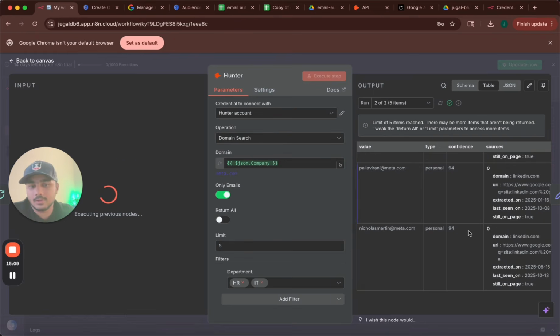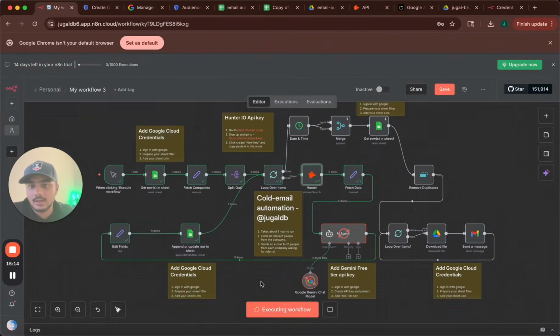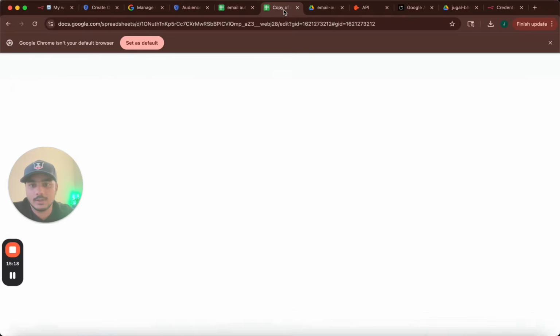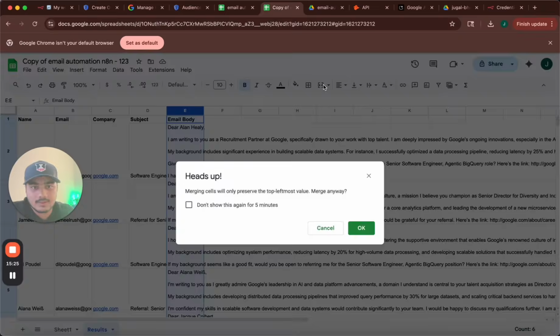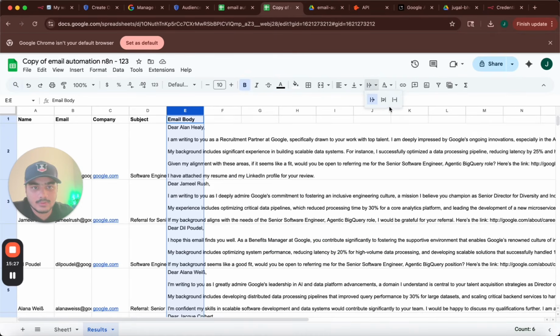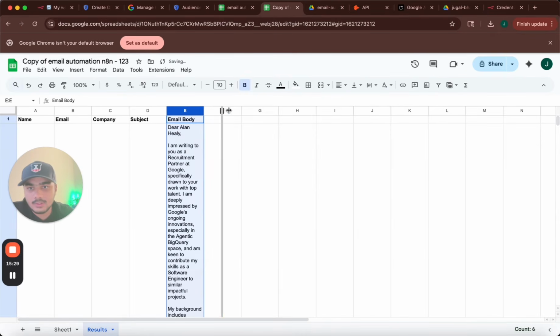Okay, now it's going on to Meta. Apparently, the sheet did not get saved properly, and it just had this data from the previous one. But while we let it run, we can go here and see the output of Google. Yes, perfect. So let me just make this text wrap so it's easier for us to read, and increase the